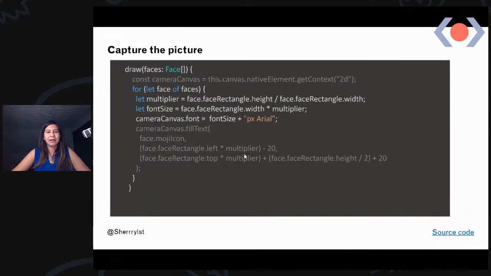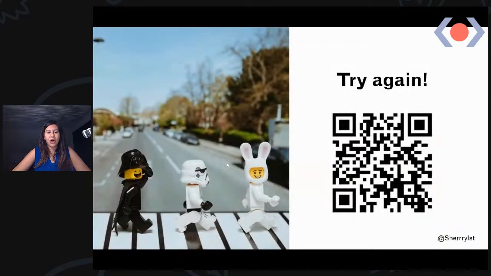So I did some calculation to make sure that the scale is right. Once I have the font size set, I just say, okay, this is my emoji, this is the position on the left, and this is the position on the right. Just please write that emoji on my picture. And that's done. So that is how I created it.